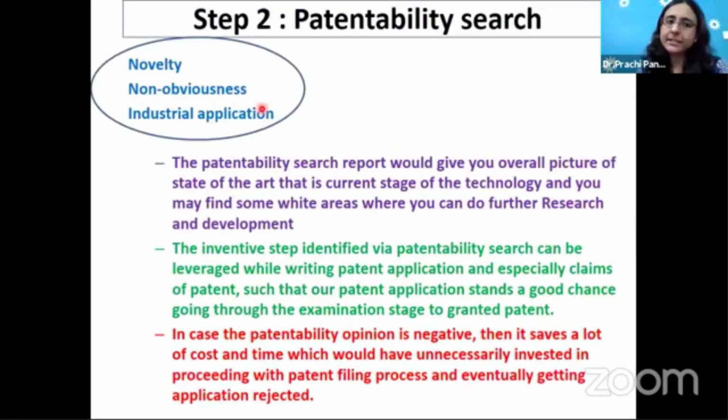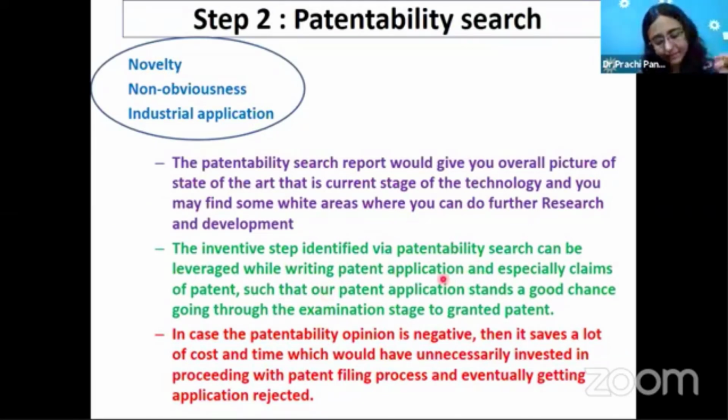Now the patentability search: you have to search the novelty, non-obviousness, and industrial application. You have to make a search report about the current state of technology, the state of the art, and what you are doing to add some inventive concept. You have to be better than the state of the art and exactly define your inventive step. Once you go through the patent applications, you will have an idea what is actually going on and what further can be done. What are the loopholes?